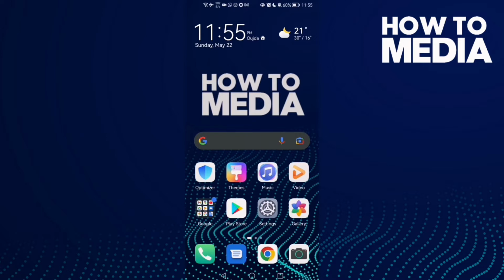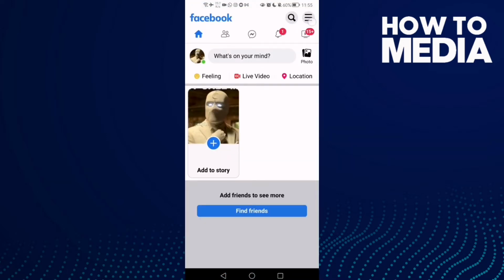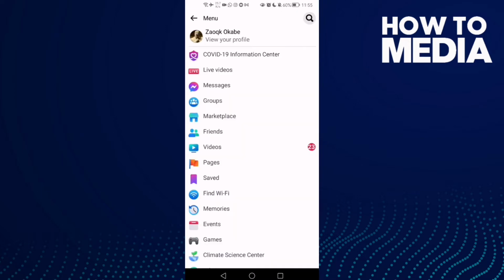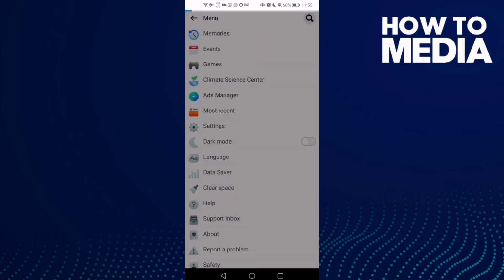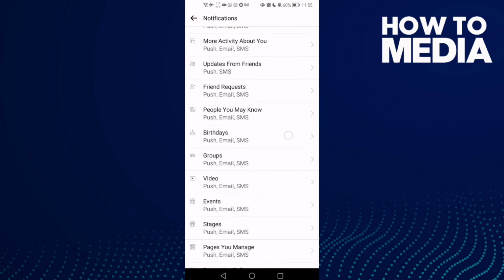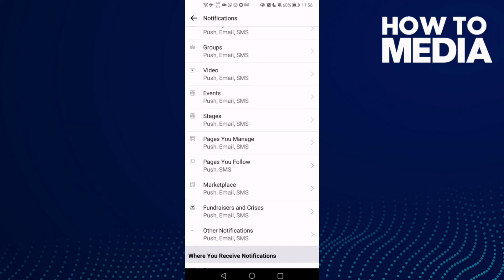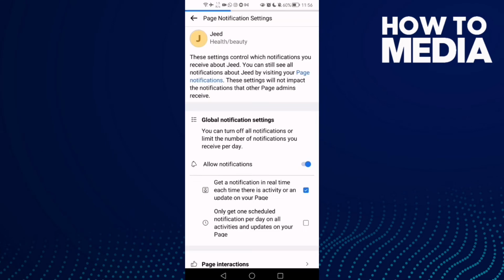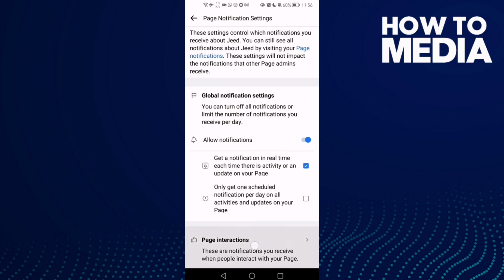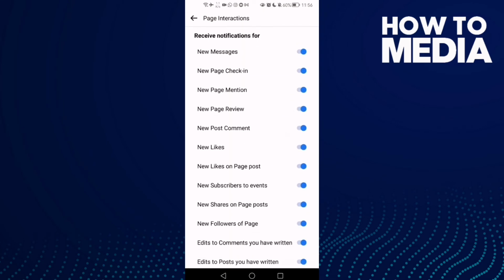notifications on Facebook Lite. First thing, go to Facebook Lite and here just click these three lines in the top corner and go down until you find settings, and here click notifications, and now click this one, page you manage, and then select your page and go down, click page interactions, and here,